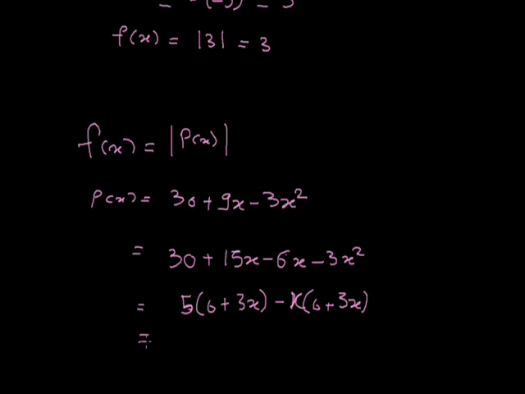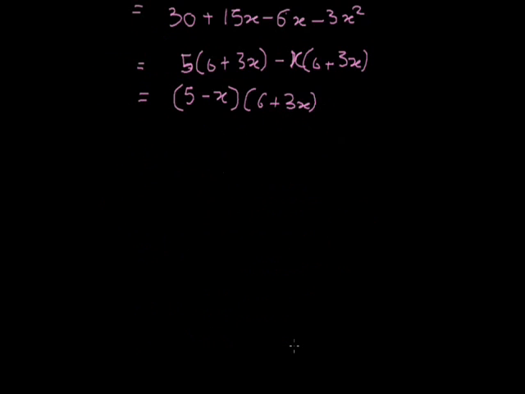So there are two factors of this polynomial, 5 minus x and 6 plus 3x. Now the zeros of the polynomial are